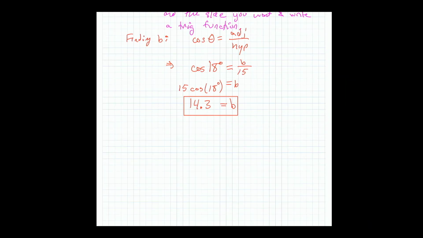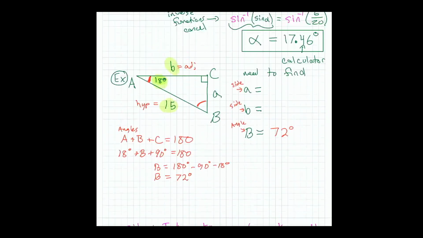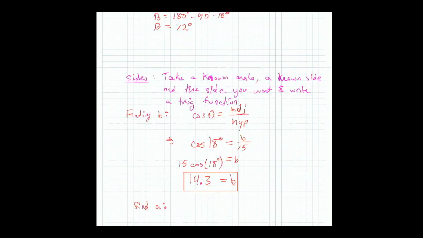Now the other thing is we need to find A. Well, we can use all the same information, right? What we can do is say, if we're using the 18 degree angle, then the little a is the opposite side. So we could use simply